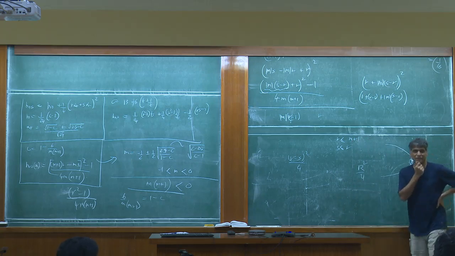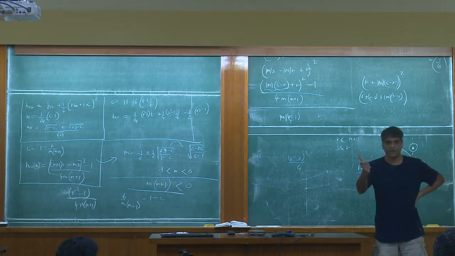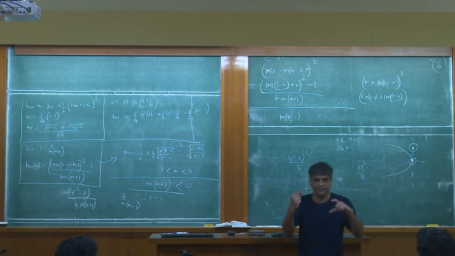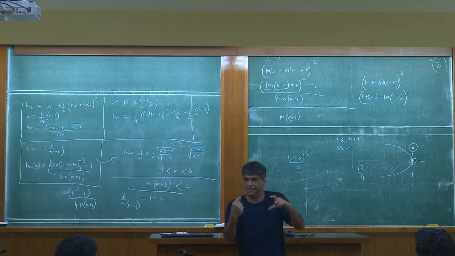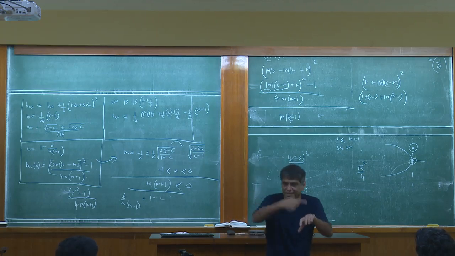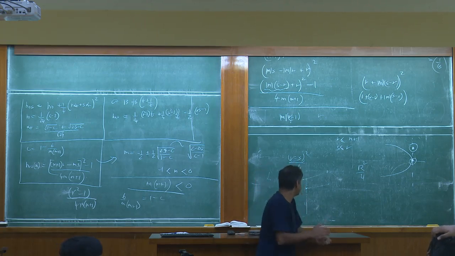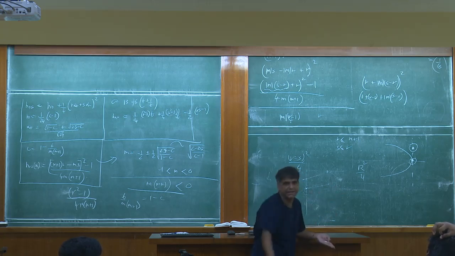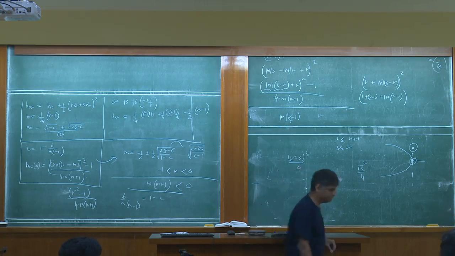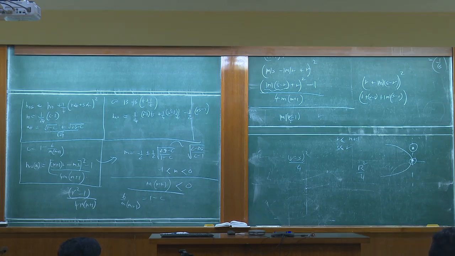This is related to the other comment I wanted to make, that these null states look like they're coming from current algebra, which is exactly what you get in the case of a compact boson. So perhaps there is a sense in which these theories tend to a particular C equals 1 theory. As you say, you're certainly not getting the continuum. As we will see when we continue our studies,